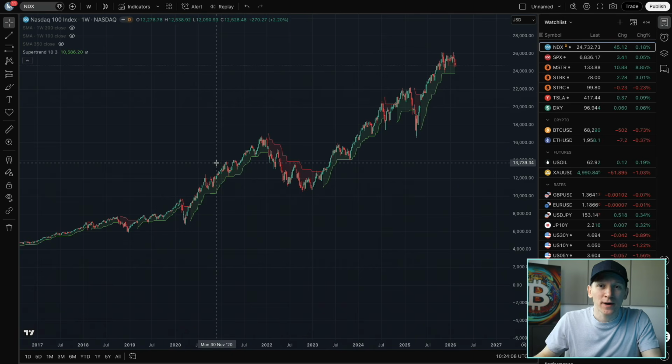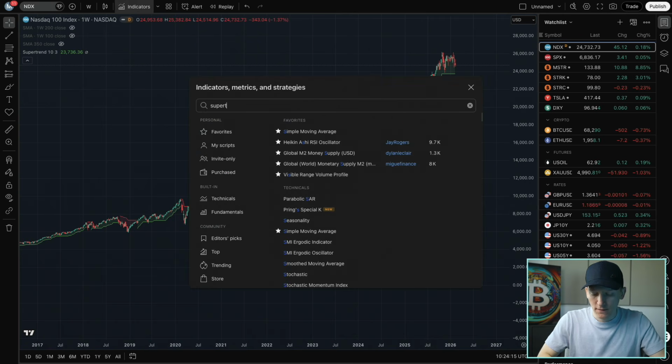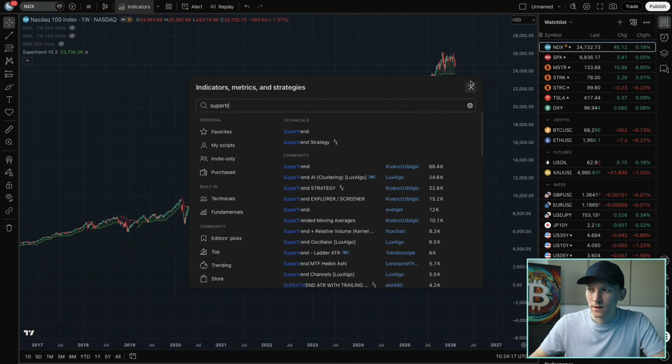I'll show you how to use a super trend indicator on TradingView. This is a very popular indicator because it's simple and effective. So if you go to indicators, then search for super trend, click this one, it will appear on the left